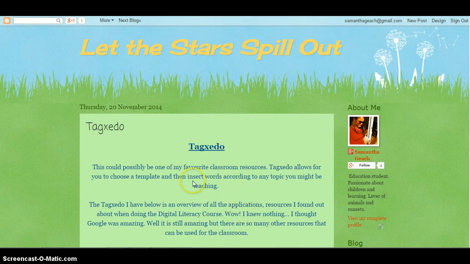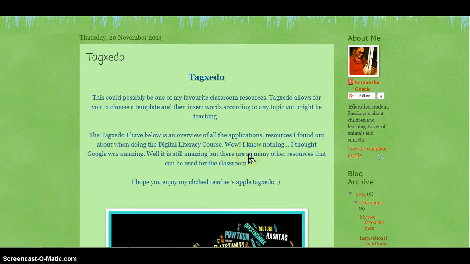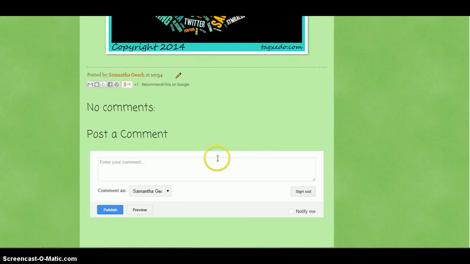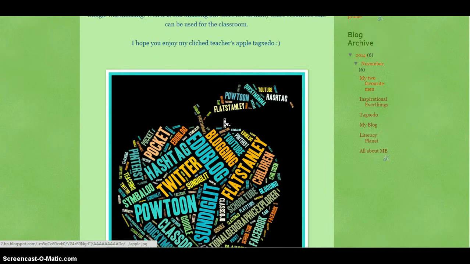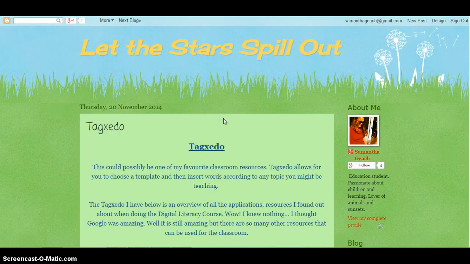And then, as I said before, blogging is a way to interact. As you can see, at the end of every page, you can leave comments. So I can write a comment on somebody else's page and say, oh, I love this, may I please use it on my blog, or anything like that, or people can do that on my blog. So it's a good way to interact. And if you start